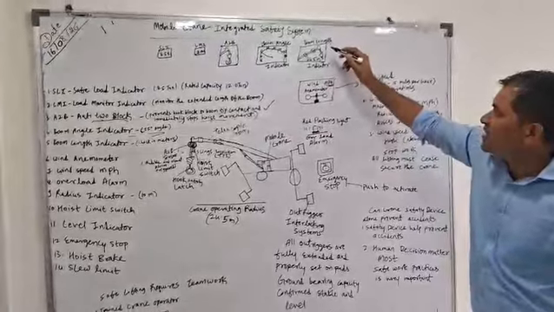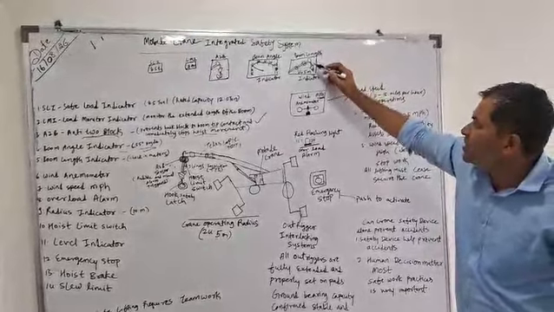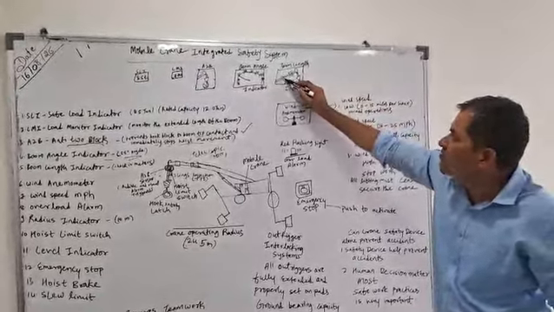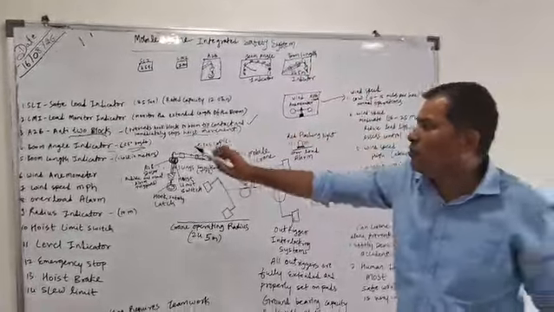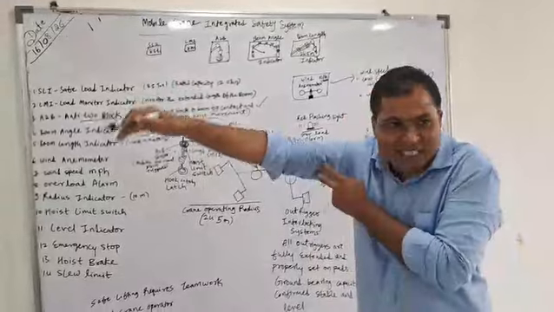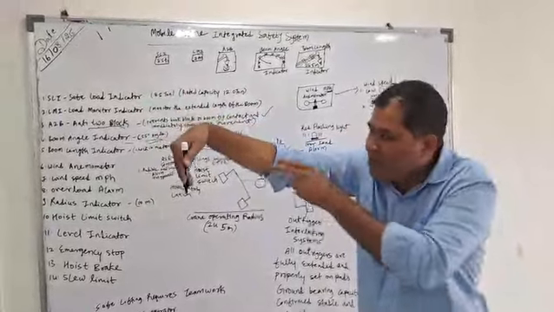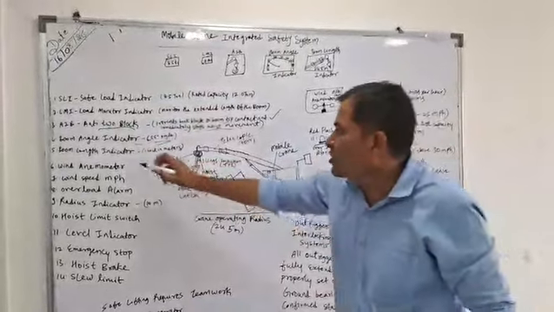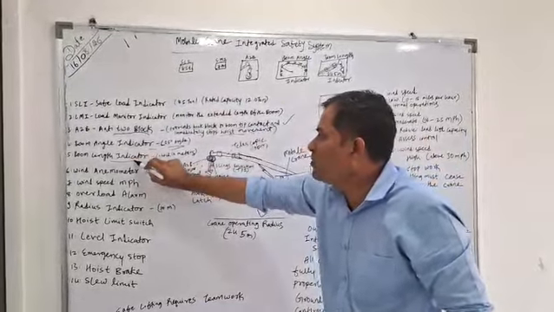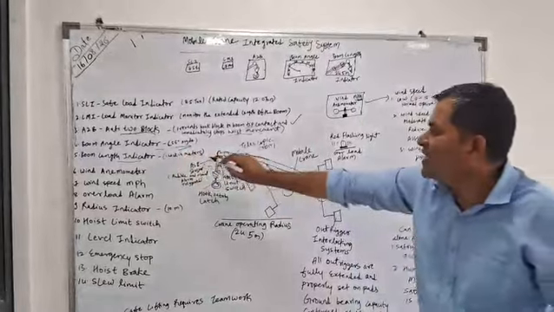Here you can easily see in this picture how the boom length covers from one place to another place. The boom angle indicator indicates what amount of angle you have to go for safe lifting purpose. And then you have to go with the boom length indicator. So it clearly indicates